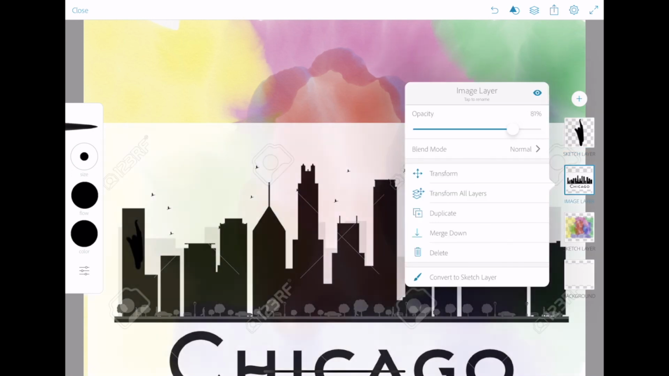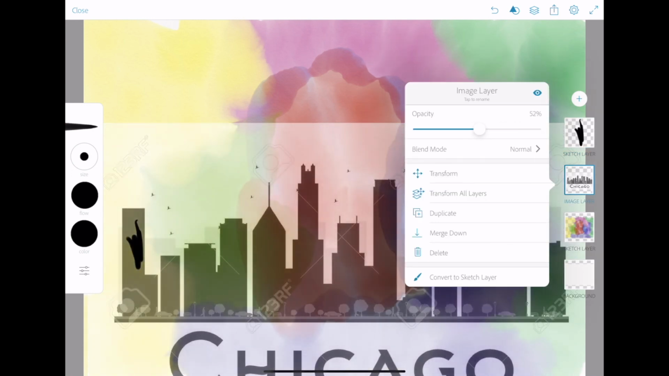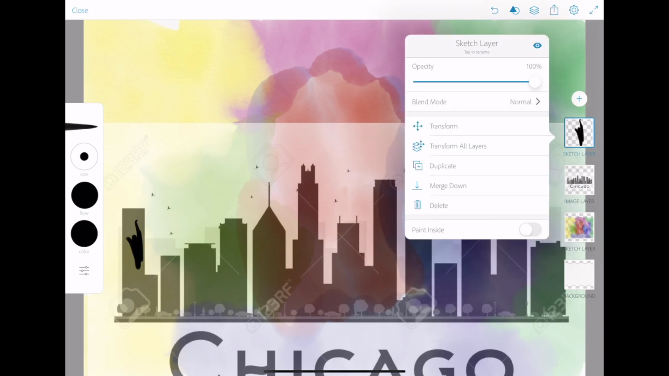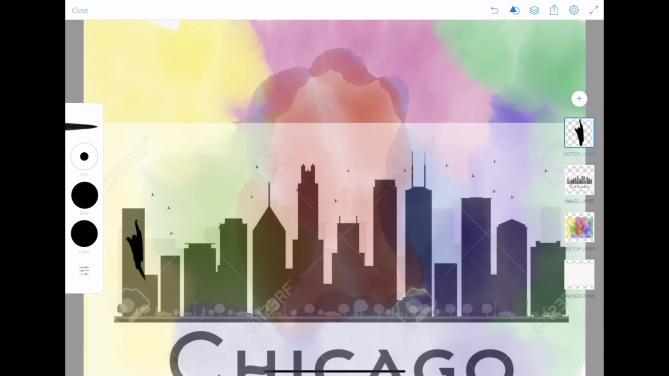It's very helpful if you click on your skyline image and turn the opacity down. That way, when you're on the sketch layer and you're drawing over it, you can see how it looks. So if you look carefully, the reason I can